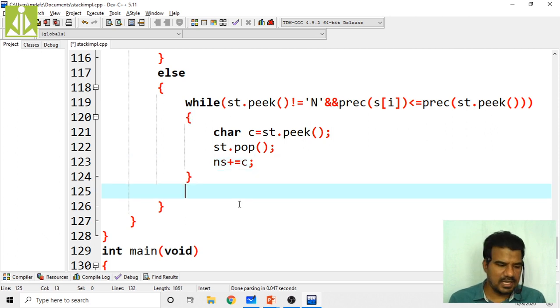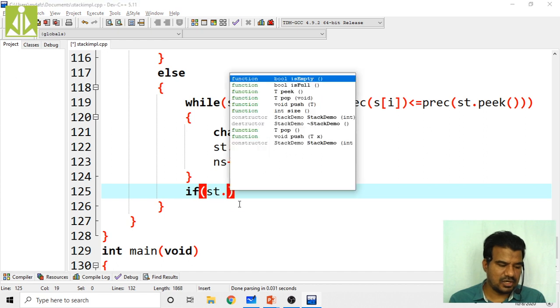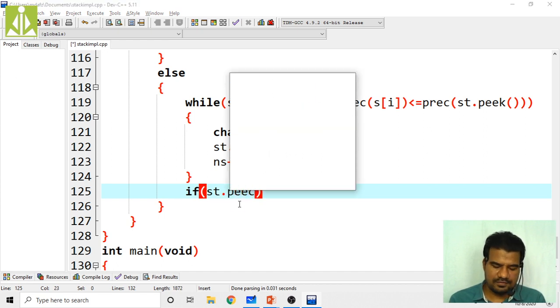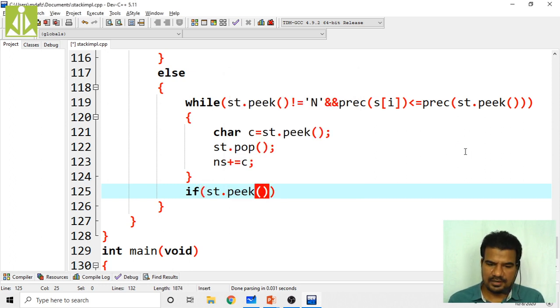Okay, so the next thing, quickly go and see, inside this while only, inside this else part only, if the scanned character is an opening bracket. This is something additional we are writing: st.peek equals an opening bracket. This we are checking inside the stack.